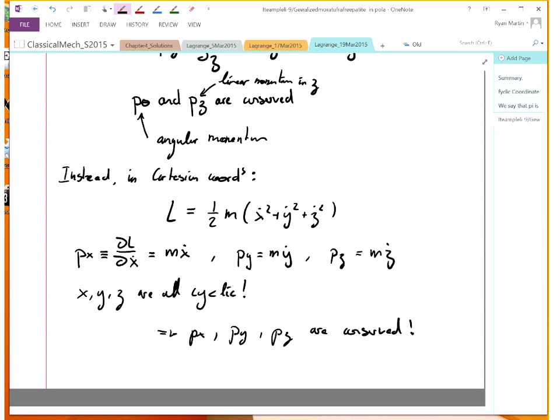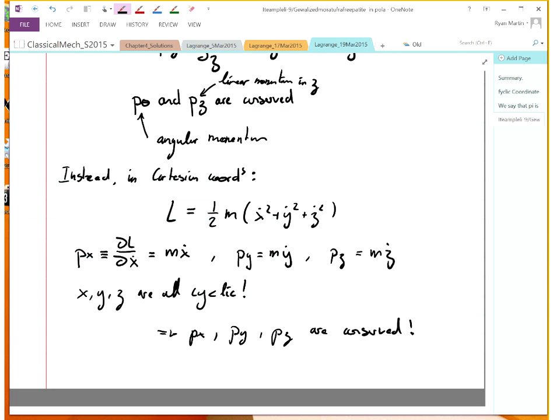So I'll let you ponder that. But it's interesting how the conservation of momenta, or angular momenta, just falls out onto your lap, and it depends on which coordinates you've chosen for the problem. So a hint of what's to come